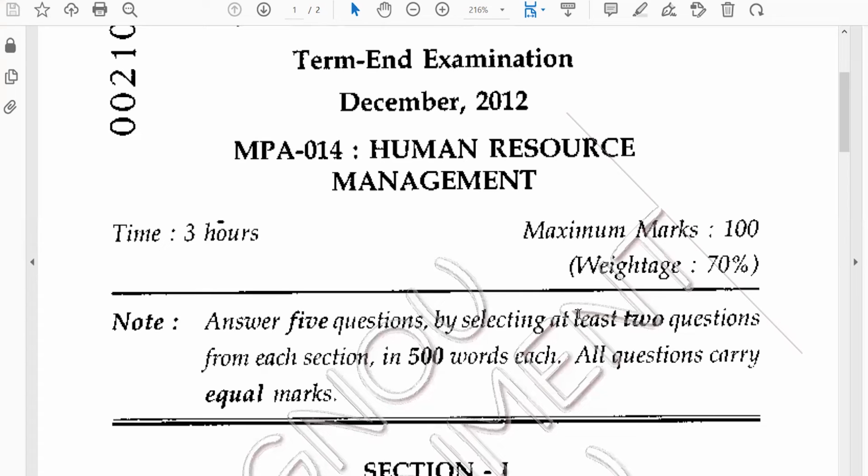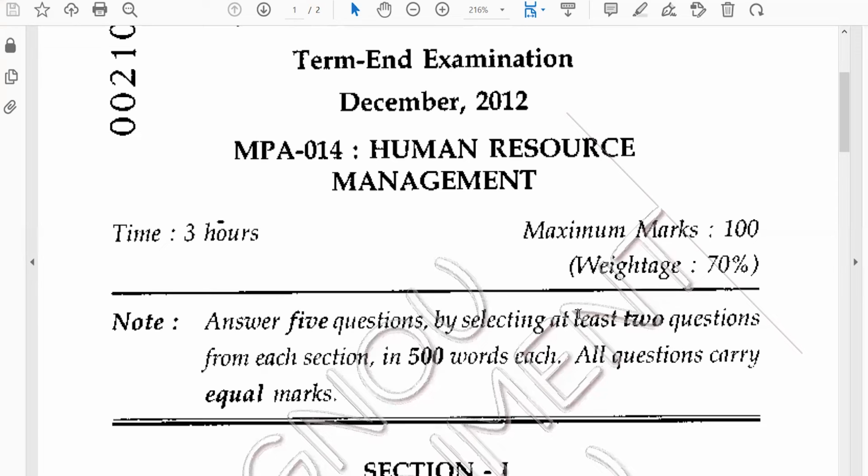I have managed to ensure that the answer for each of the questions is shared with the students, where there will be around 500 to 700 words which they could perhaps practice writing very often, so that they will be able to memorize at least 450 to 500 words, and that could perhaps get them a distinction in the subjects they have appeared for if they were to practice like this.